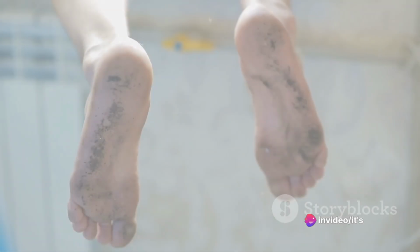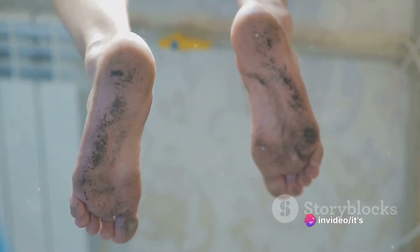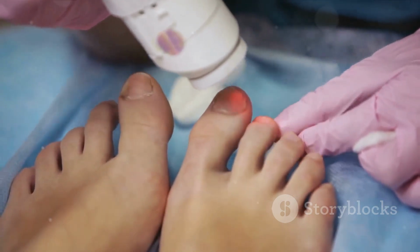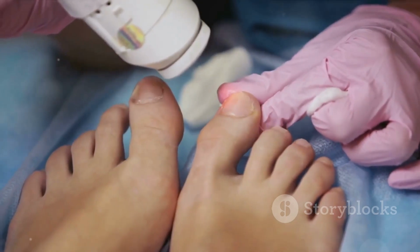Our last stop is the feet. They accumulate dirt and grime throughout the day, so a thorough cleaning is a must. Paying extra attention to the skin between your toes and drying them thoroughly afterward will help curb any bacterial buildup